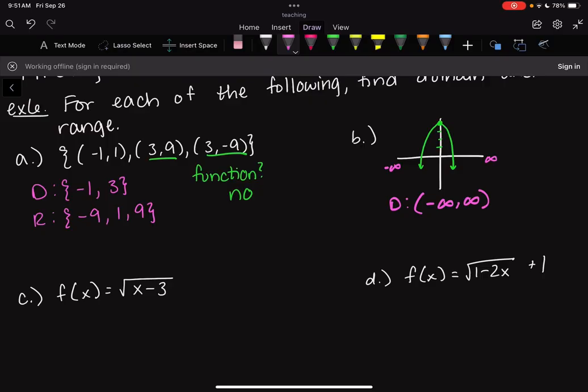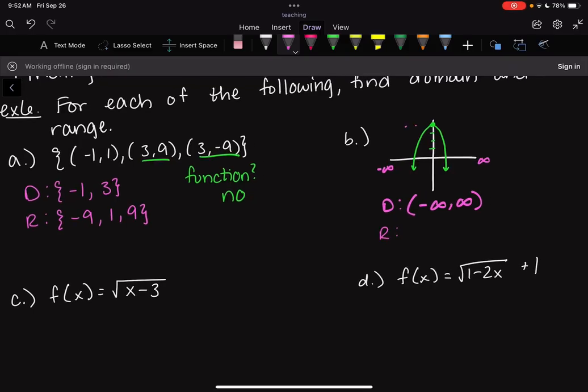Again, it'll probably help whenever you know how to graph more, because if you think about a quadratic, usually if there's a domain issue, it's because there is some kind of restriction with that function or relation, meaning, oh, if I plug in certain values, I'm going to get an error. And so with quadratics, there's no error that would ever happen. So you're free to plug in whatever x you want. Now my range for this one,